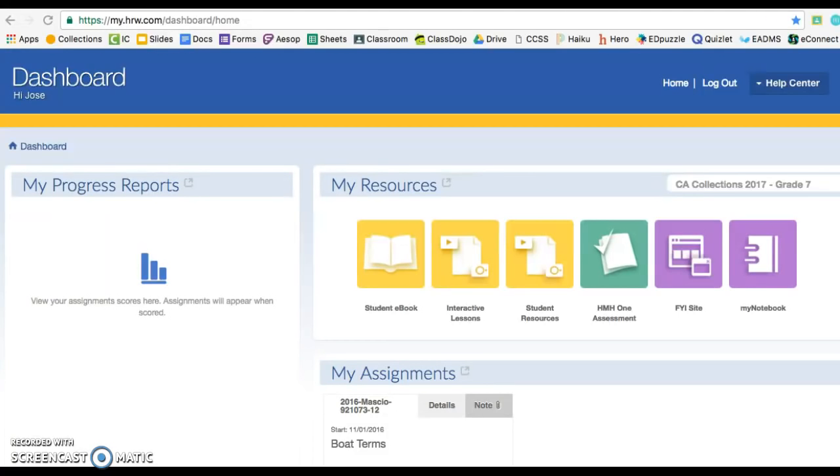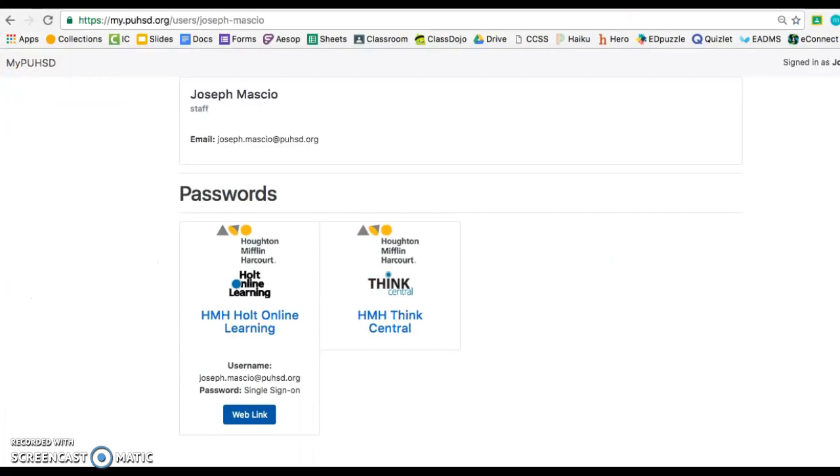Hey guys, first off, I wanted to give you a little tutorial about how to use the dashboard in collections. So I want you to get to this page. For those of you who are smart and bookmarked it like I asked you to, you should be able to get right here. But for those who are not, go ahead and go to